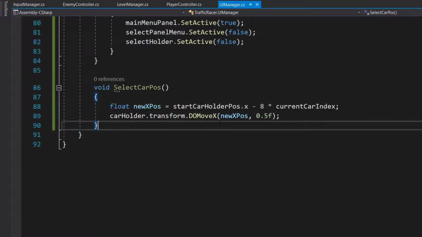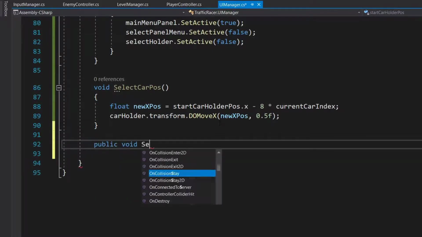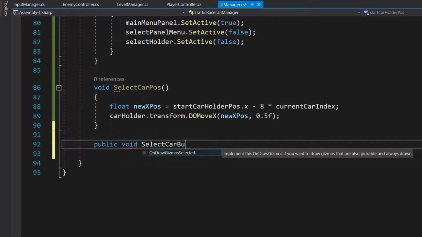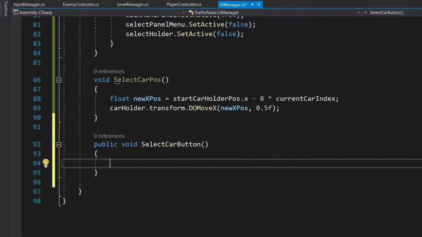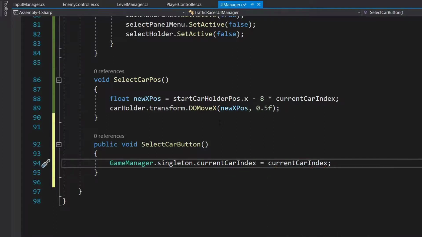Let's create a new method also for the selection button. Public void SelectCarButton. Here we will set our GameManager.singleton.currentCarIndex equal to current car index. As we are moving or swiping our cars, we will be changing our current car index as well.